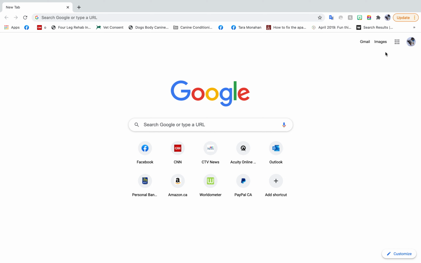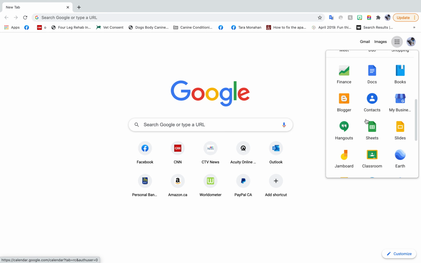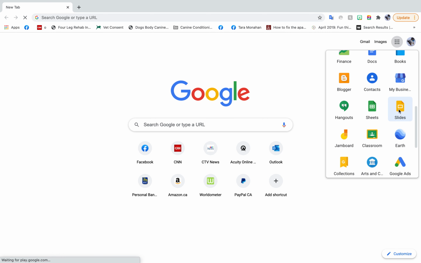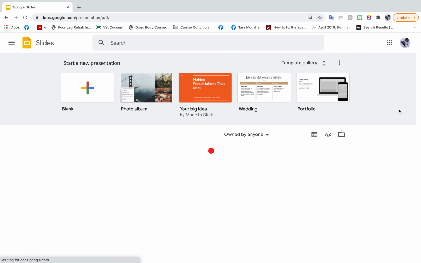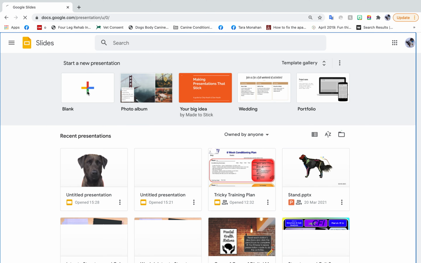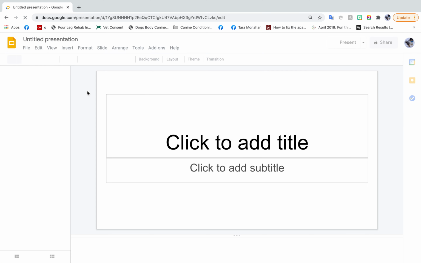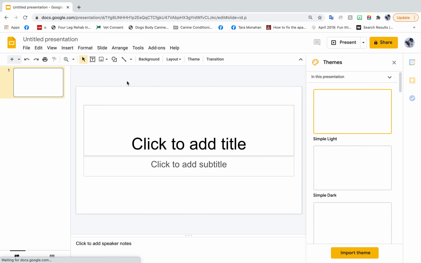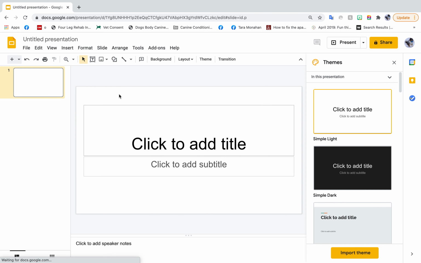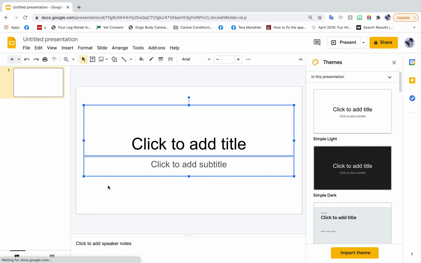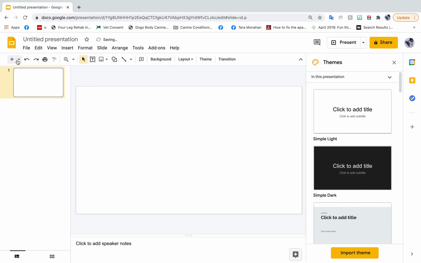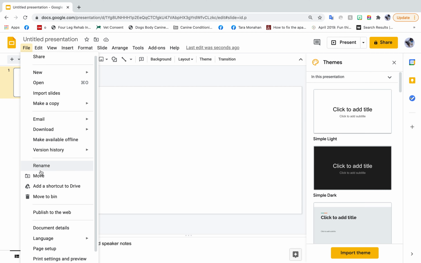So I'm going to go into Google Chrome and I'm just going to scroll on down to Slides, open that up, and I'm going to start a new presentation. So I want to get rid of everything that's already on here, so I'm just going to click and drag and delete. Okay, I'm going to change the size of the presentation as well in terms of the page setup